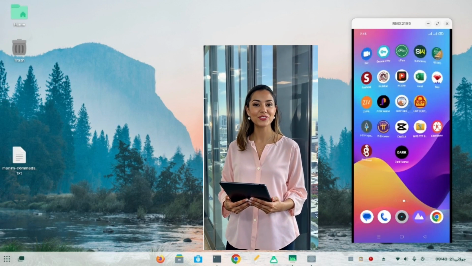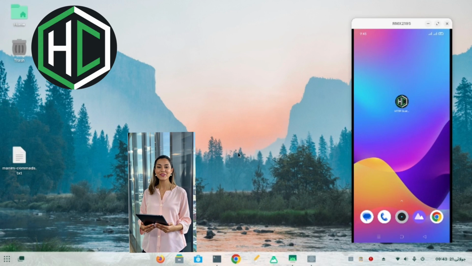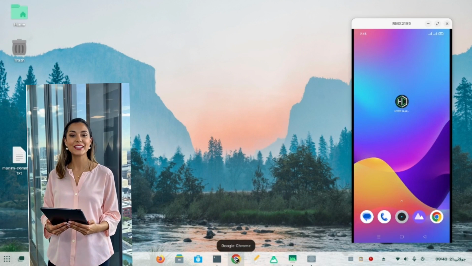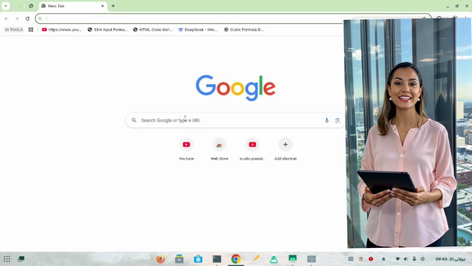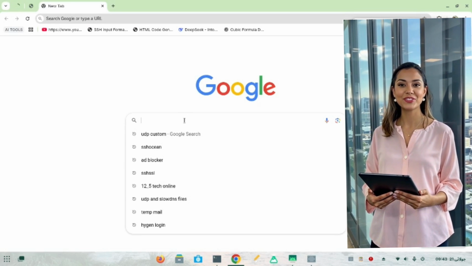Today, I'm going to show you how to create a V2Ray Slow DNS server and set it up on the HTTP Custom VPN app for a fast and secure internet experience. Let's get started. First, open your browser and search for UDP